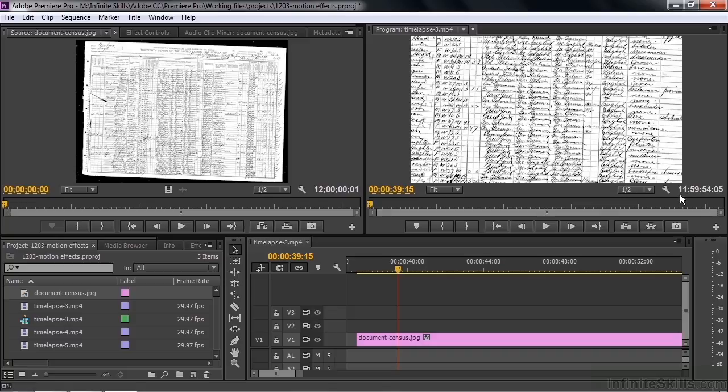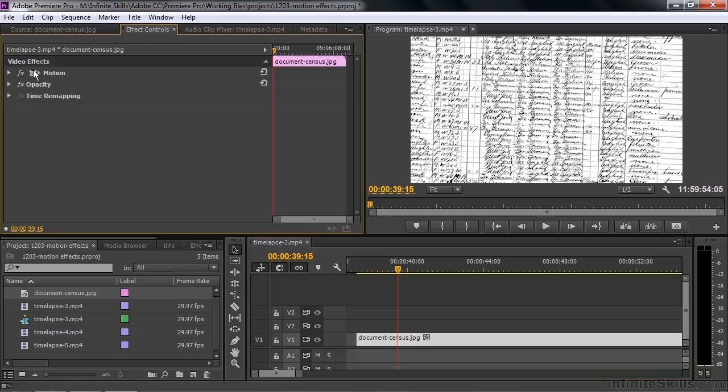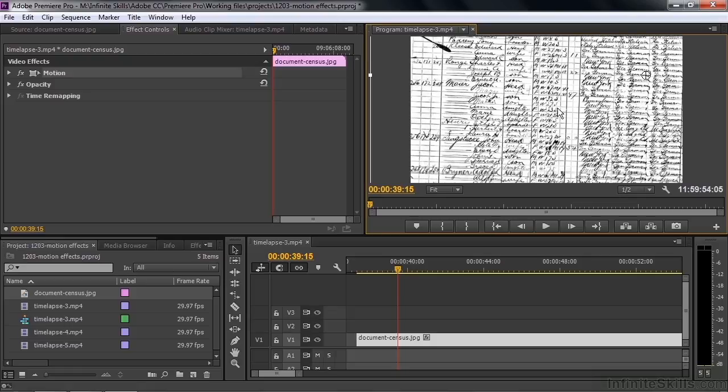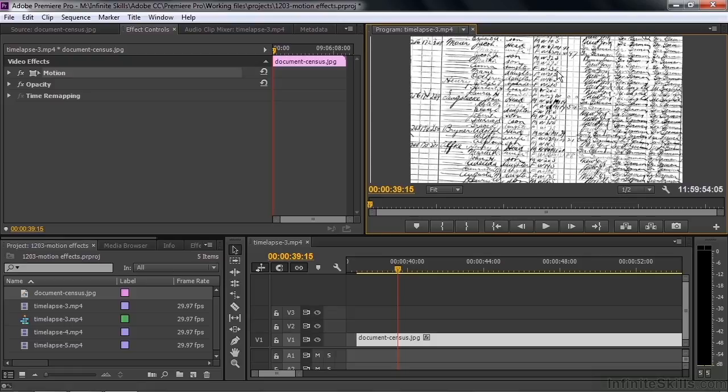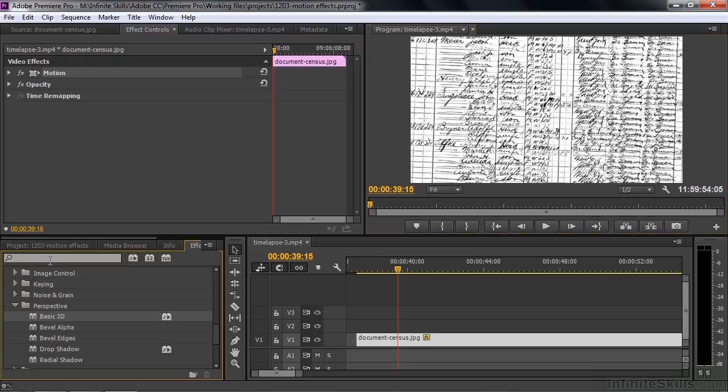I want to find the part that I want to work with, so I'm going to make it active, go to Effect Controls, click on Motion and track down the part that I want to work with here, which is right about there, this old census document of my great-grandparents right there. You see it's at kind of an angle there, and this is going to be an issue when we work with the crop effect. So let's go find the crop effect, go to Effects, and let's just track it down by typing in crop,